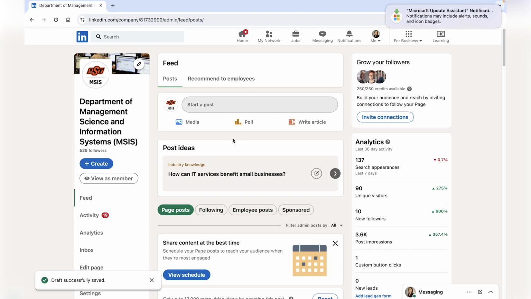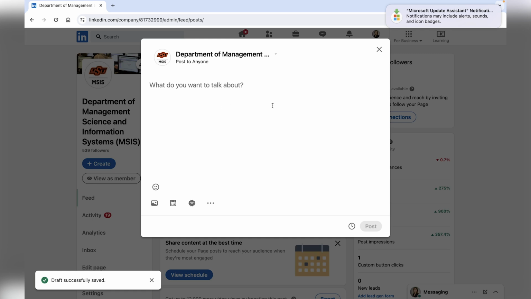Let's go through how you create a post. The process is the same regardless if you're on a departmental page, a business page, or your own personal page. You click in the Start a Post. You talk about what you're doing. I'm enjoying being at, and if you list a page that's a public page, so I'm at University of Central Oklahoma now, so if I knew their URL,